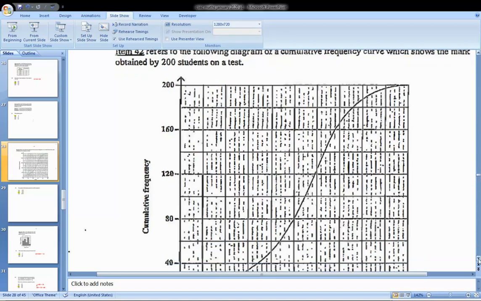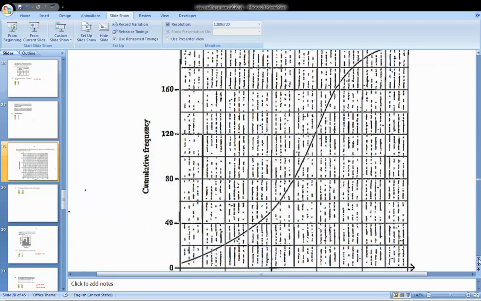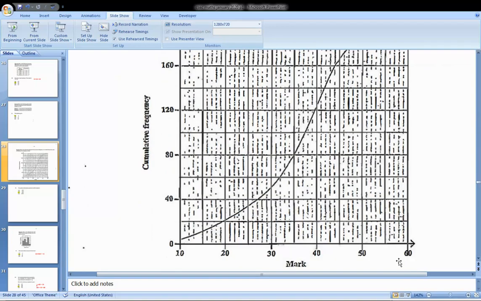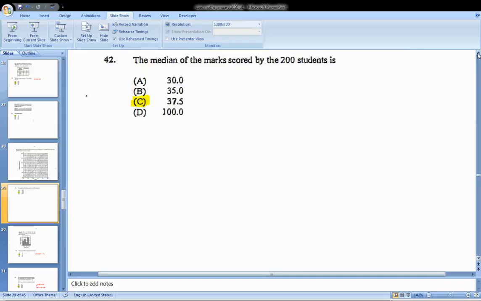So here we have our cumulative frequency and, below, our mark. Now, what does the question say for this? Here we go. The question says, the median of the marks scored by the 200 students is, now we know